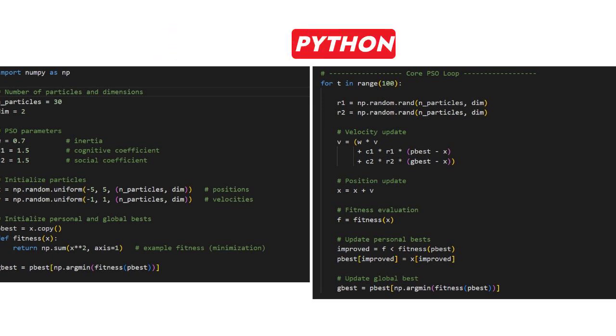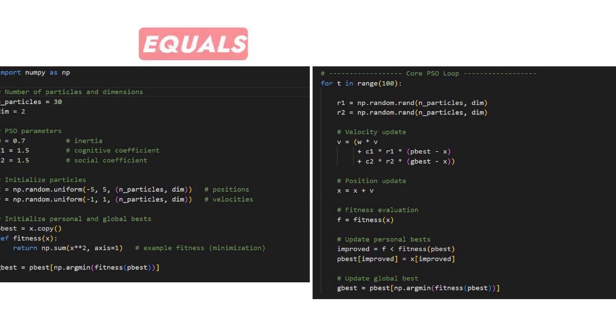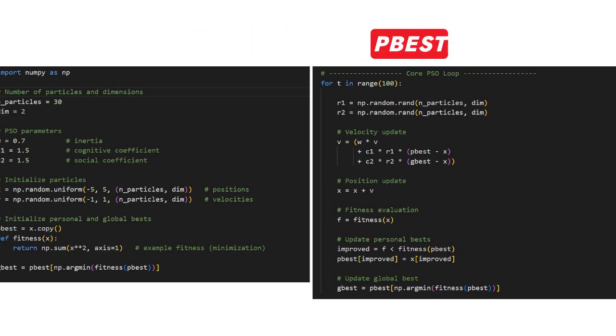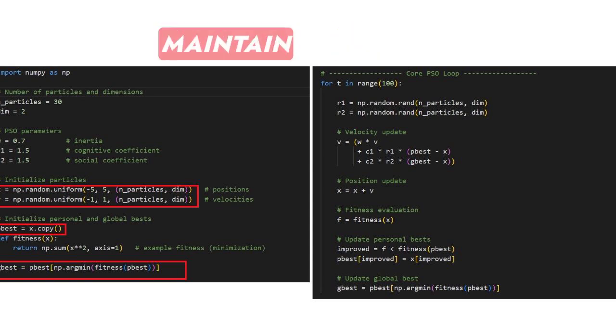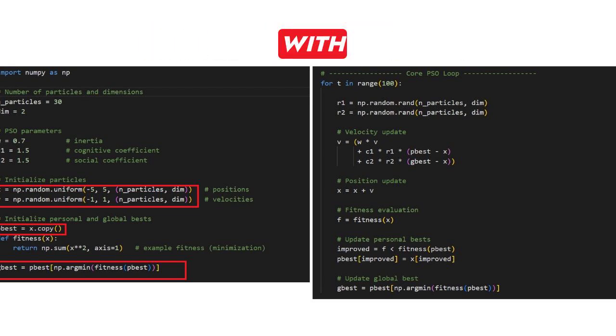A compact Python core loop looks like: for each particle, compute v equals w times v plus c1 rand times p best minus x plus c2 rand times g best minus x, then x equals x plus v. In Python, you typically maintain arrays for positions, velocities, and p best, then update them in a loop with random